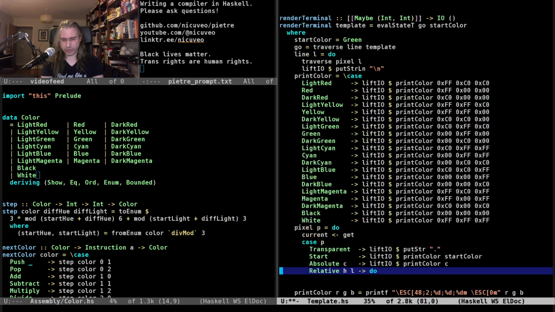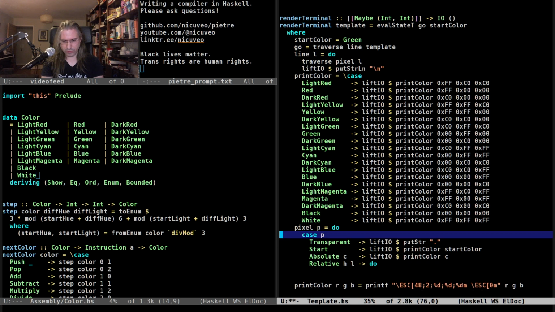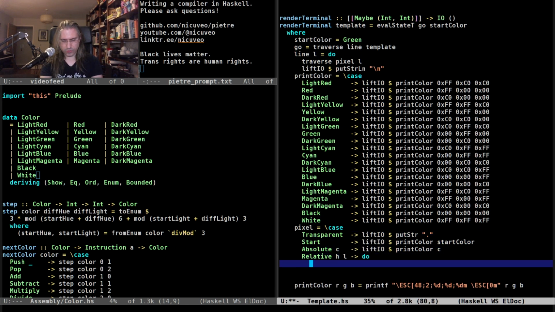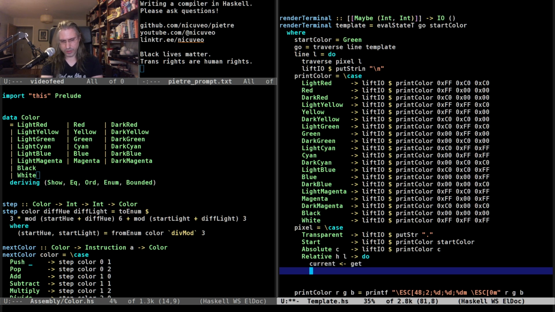And I can probably then go back to doing the thing I was doing of this is a backslash case. I get the current color from the start, which was obtained through get.